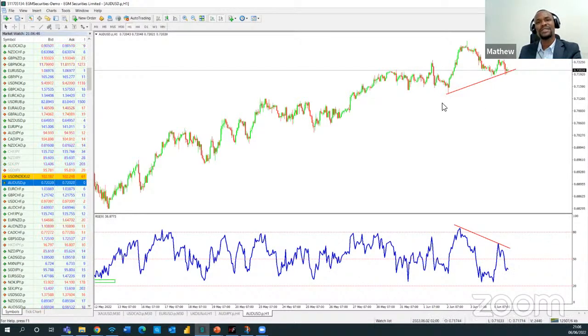Okay. So for me, in this case, it would form a divergence, right? It will form a divergence, and it's likely to be a downward move. So now we wait for price action to confirm, or market structure to confirm our entry points. Exactly, because if for example we have this break to the downside, then it means that now we will have a confirmation of this downward move, or this decreasing momentum, or the decreasing strength by the RSI,